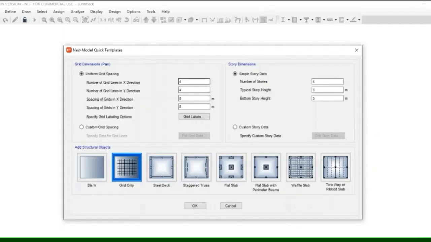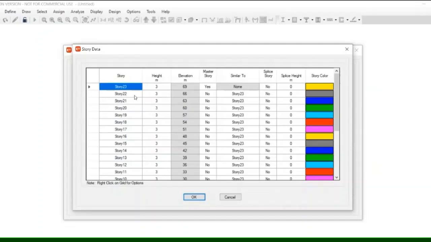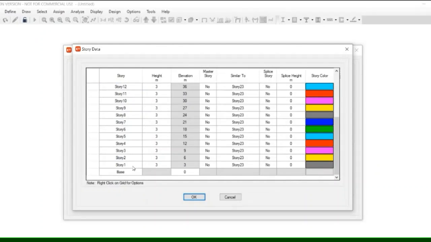Then the number of grid lines in X and Y direction will be 4 respectively. Spacing of grid in X and Y direction is 6 respectively. Number of stories will be 23. Go to custom story data, edit story data, and make story 9 a master story.